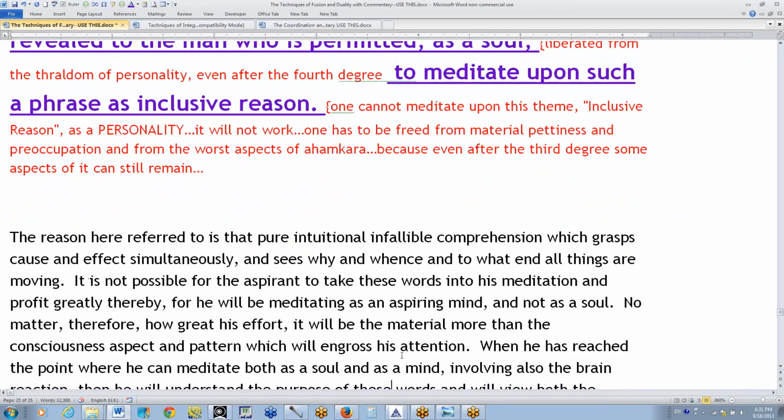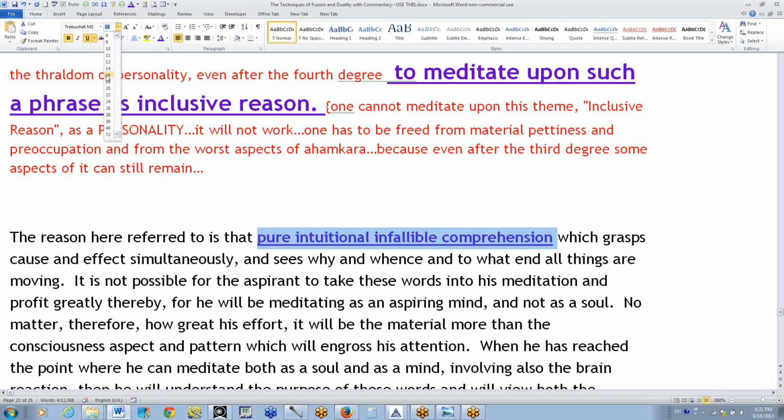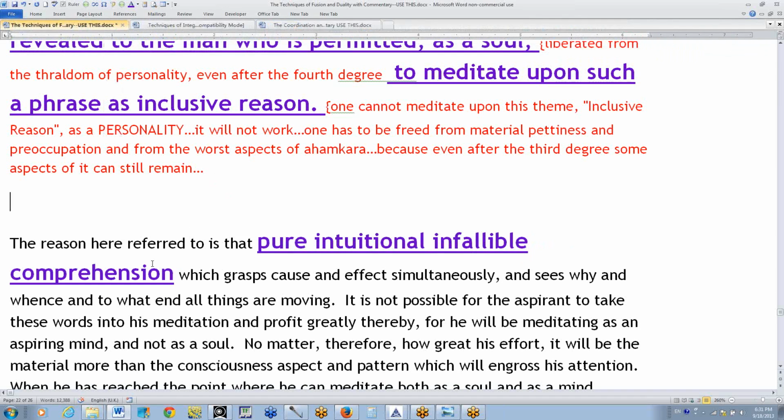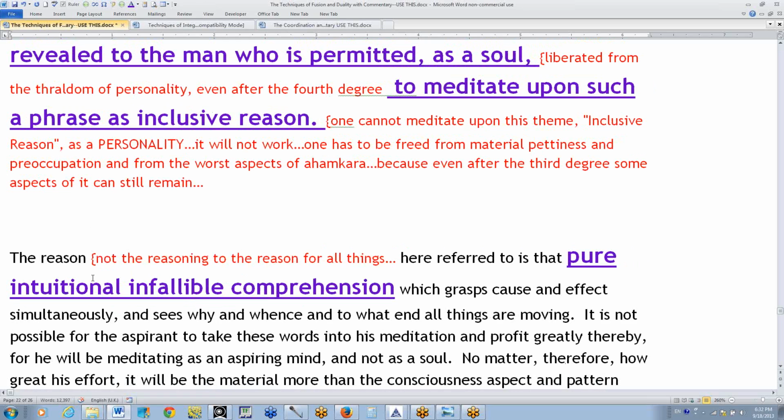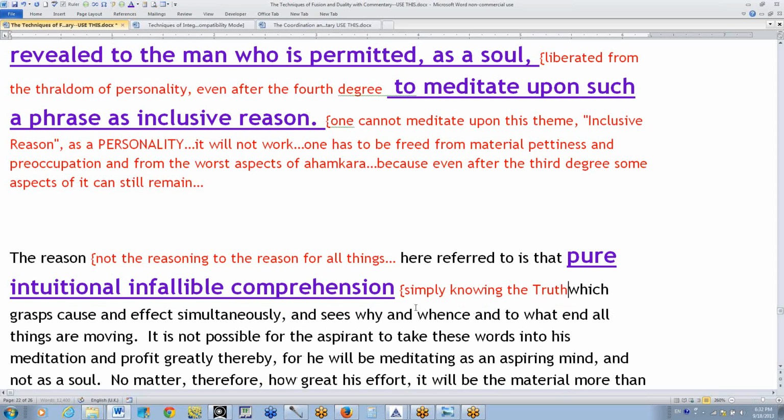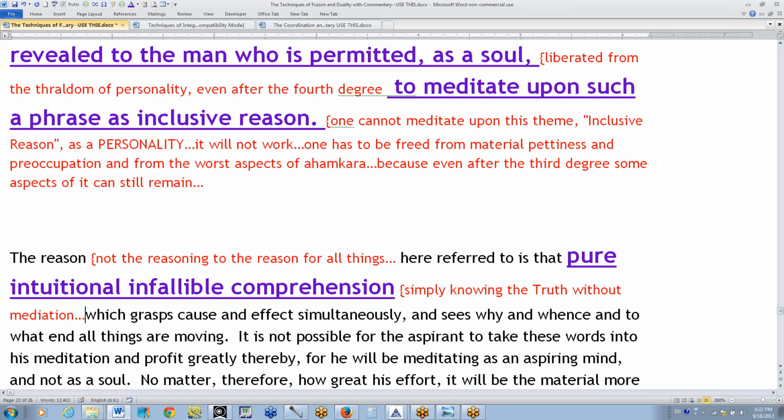The reason here referred to is that pure, intuitional, infallible comprehension. Thus it is, I see it, I know it directly. I do not have to reason about it because I have direct knowledge of it. The reason here referred to, the reason for all things, not the reasoning, is that pure intuitional, infallible comprehension, we would say simply knowing the truth without mediation, which grasps cause and effect simultaneously, as when the Buddha said, well, of karma, it is as inevitable